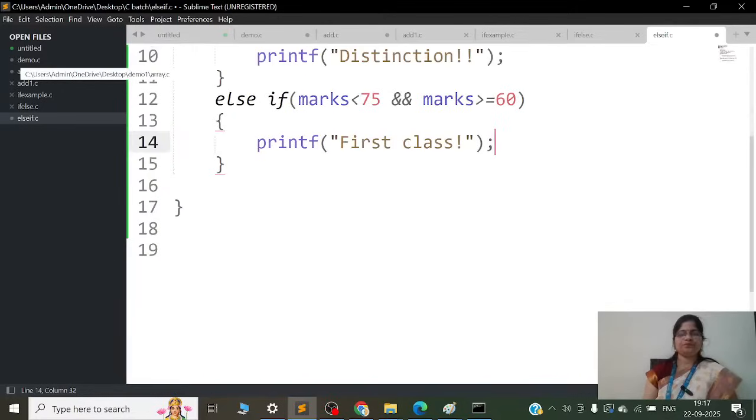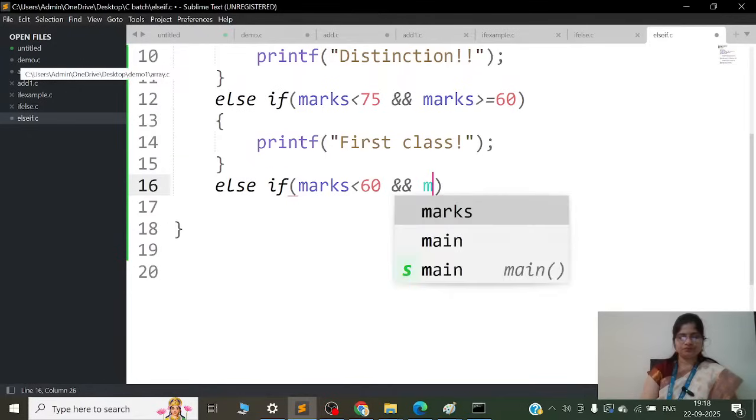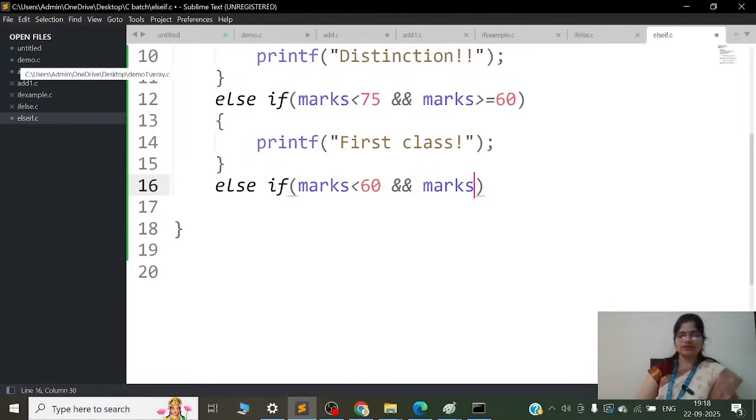ठीक है. देन एल्स इफ the marks are less than 60 and marks are greater than or equal to 50.